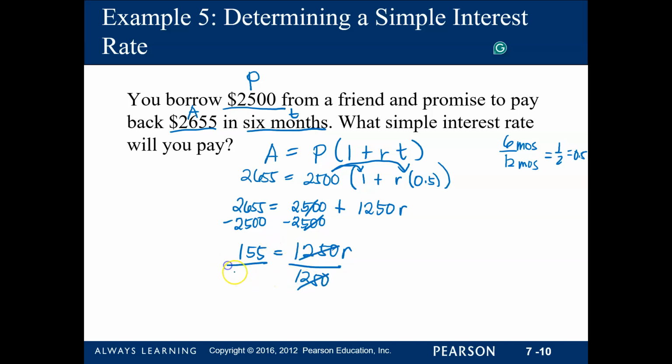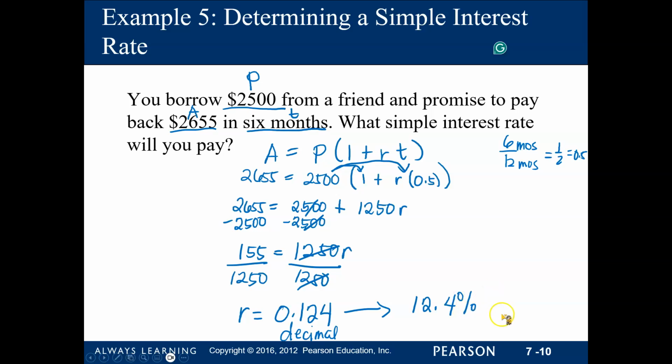We divide by 1,250, and our R is going to be equal to 0.124. Now, this is in decimal. Our rate is always in percent, so changing decimal to percent, we simply move the decimal point 2 places to the right. So the rate is going to be